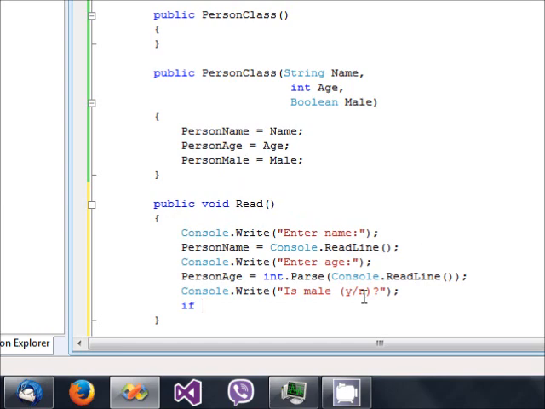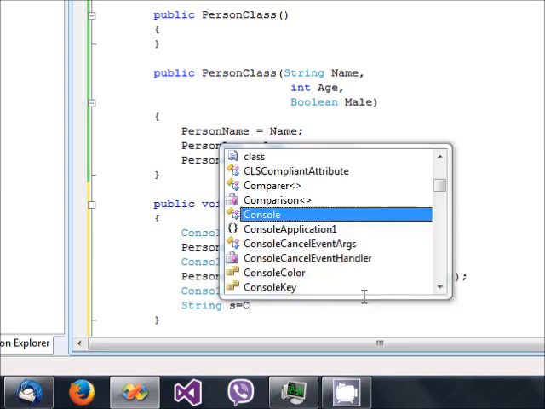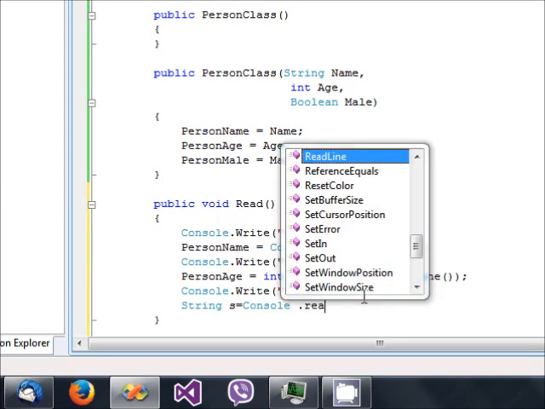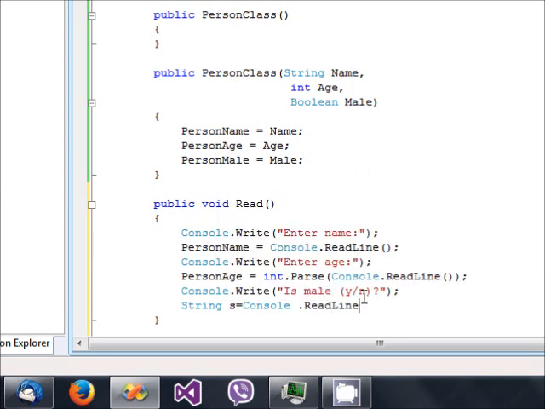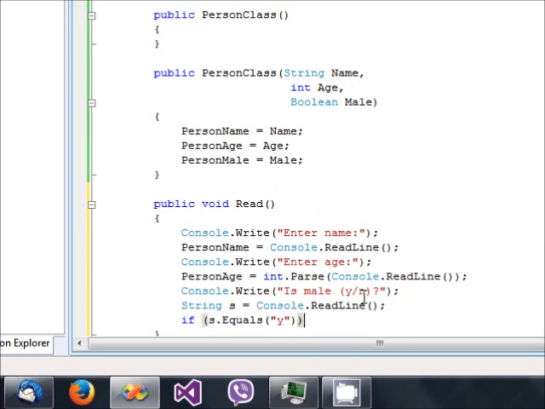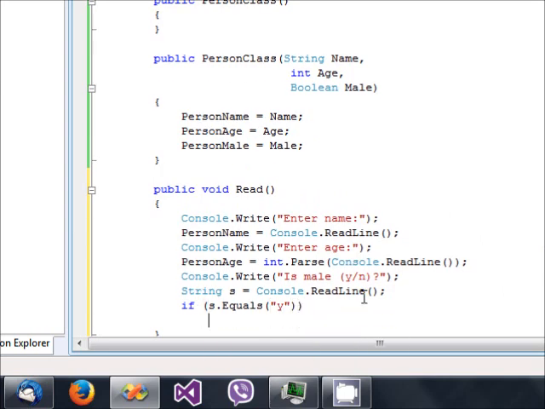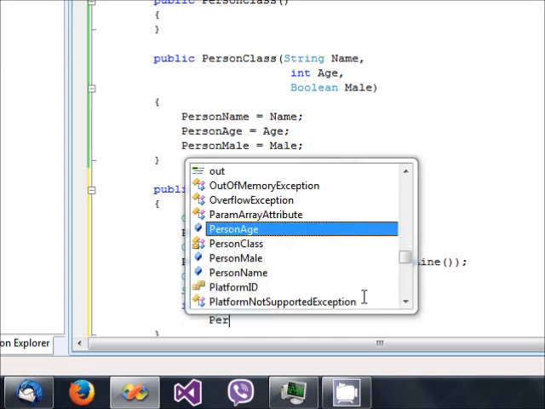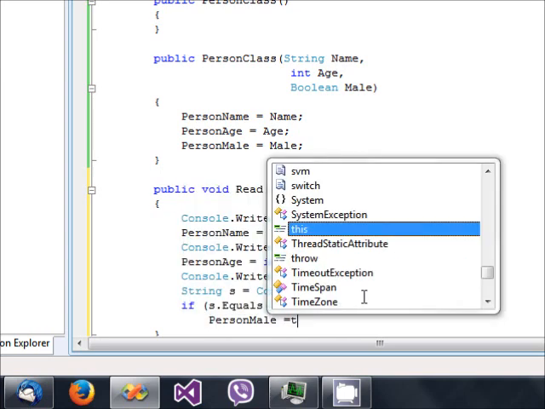So if, we are going to use string s = Console.ReadLine(). Okay, so if s.Equals("y"), in that case we are gonna say person.male = true,